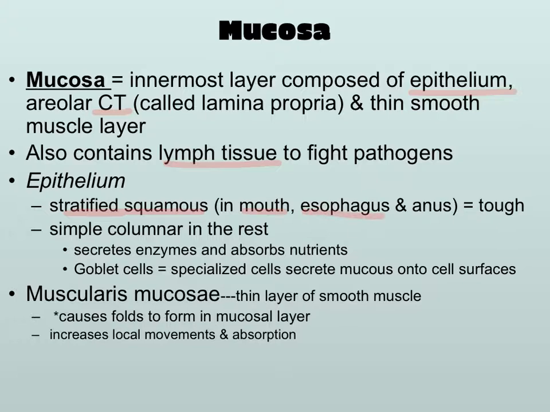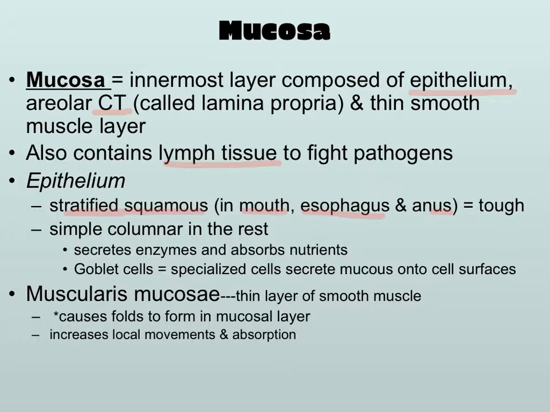Same thing with the esophagus. The food, which we call a bolus when we swallow it, is going to go down the esophagus and scrape those cells off of that area. And then the anus as well, as we pass feces through it. It just has to have a tough lining and be okay to shed a few of those cells.